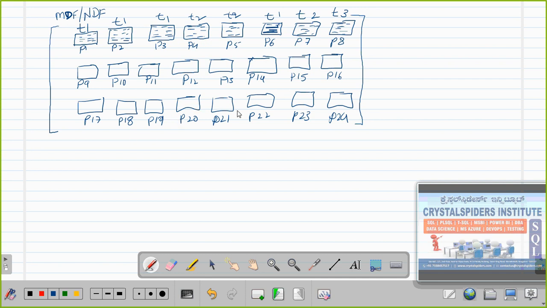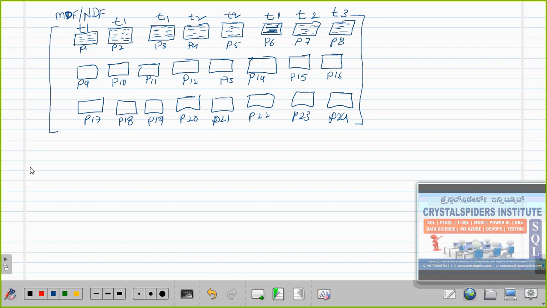Okay, and in a similar way, all these pages will start being occupied by different tables. So now here we have to understand, no page can be occupied by two tables at a time, guys. At a time, one page cannot be occupied by two tables. That's very, very important, because a page only stores the data from only one table. Even though the page is empty, that page will not store other tables' data. It will store only one table's data. That can be any table, but only one table's data. Okay, guys.